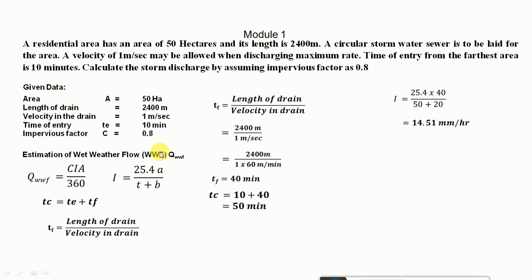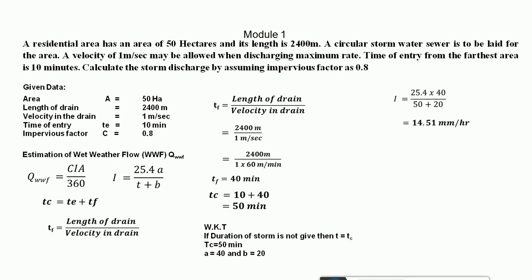So we have obtained the time of flow, it is 40 minutes, then the time of concentration will be 50 minutes. So for this time of concentration, again we have to estimate the intensity of the rainfall using the equation 25.4 into A divided by T plus B, where A and B are constants based on the storm duration. If the storm duration is 50 minutes, hence the value of A is 40 and B is 20. So if you substitute that in this formula, you will obtain the intensity of the rainfall is equal to